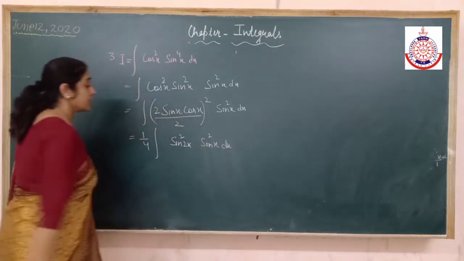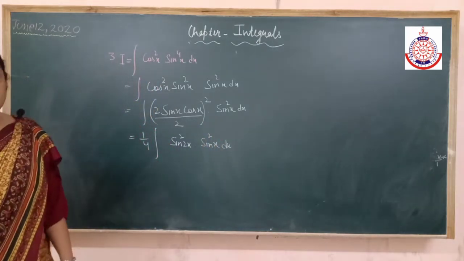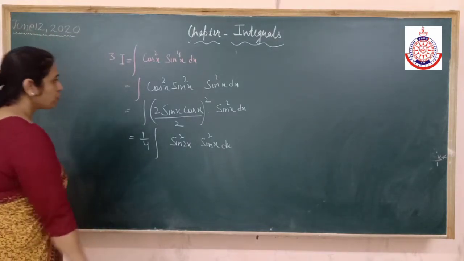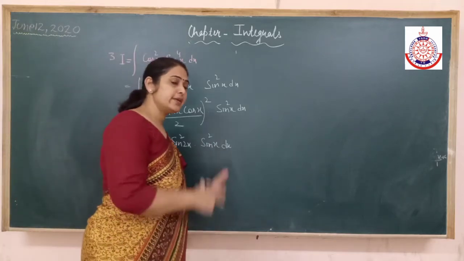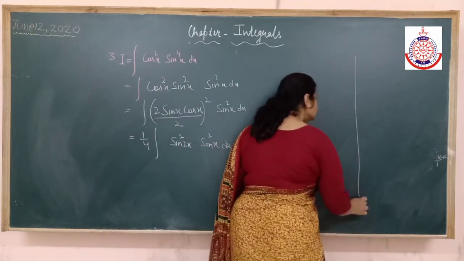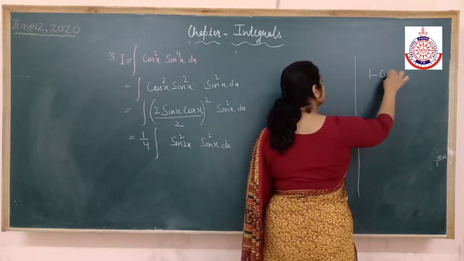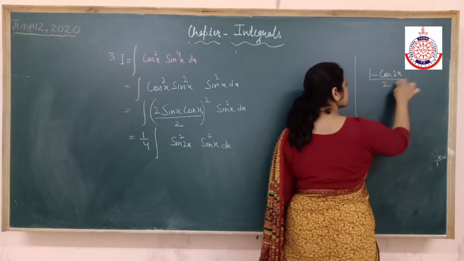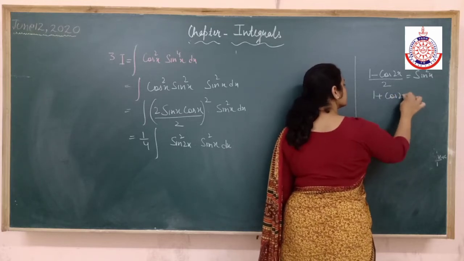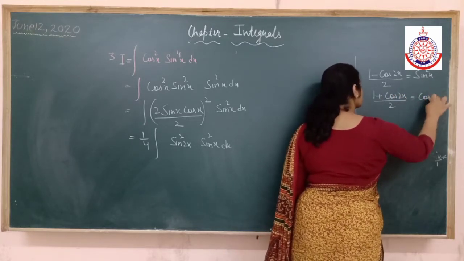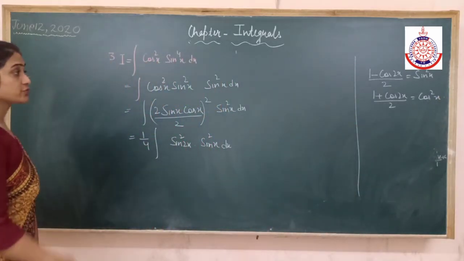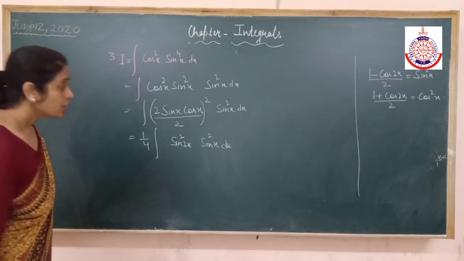I can't integrate. I told you we can only integrate when it comes in a proper form whose formula we have done. Now I need to remove the square. For removing the square, I think we have told many times in class 11, in inverse trigonometric functions, there are 2 formulas. I am going to use this whenever the square comes or the even power comes, 4 comes.